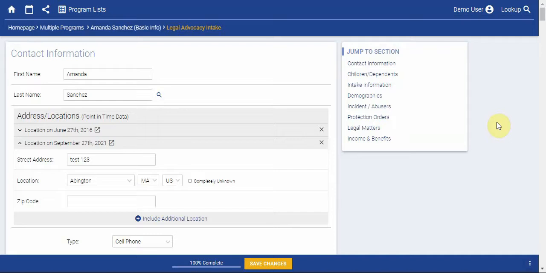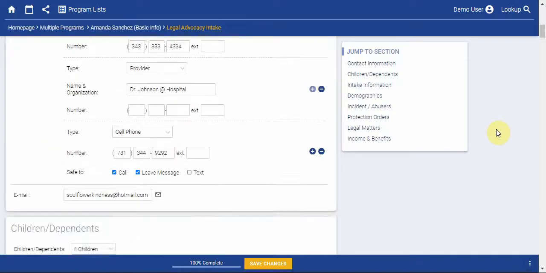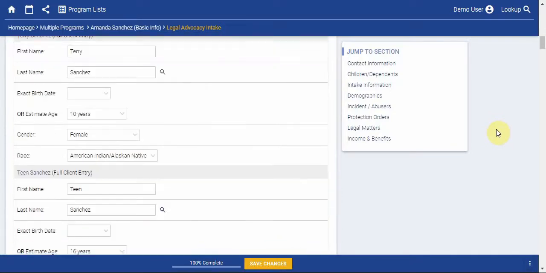Hello! In this video, we're going to look at how to add other as an option to a drop-down list of options and how to add a text field to record further information about that. So here I am looking at my legal advocacy intake, and when I scroll down to the demographics section,